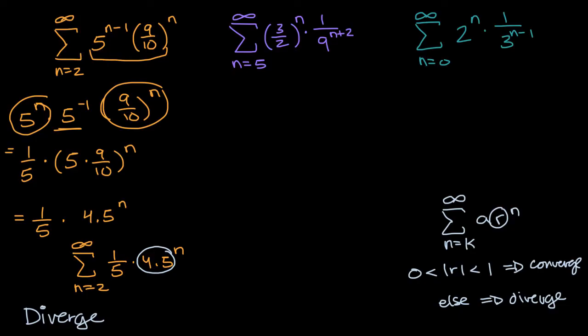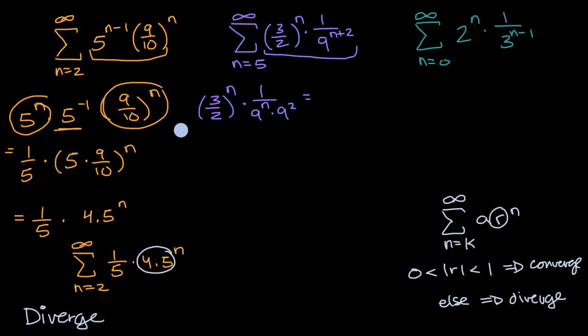Now, if you found that inspiring, and if you weren't able to do it the first time I asked you to pause the video, try to pause the video again and try to work these out now that you've seen an example. All right, let's jump into it. I'm going to algebraically manipulate this part to get it into this form. Let's see if I can get some things just to the nth power. I could rewrite it as 3/2 to the nth power, and I could write this part as times 1/9 to the n times 9 squared.